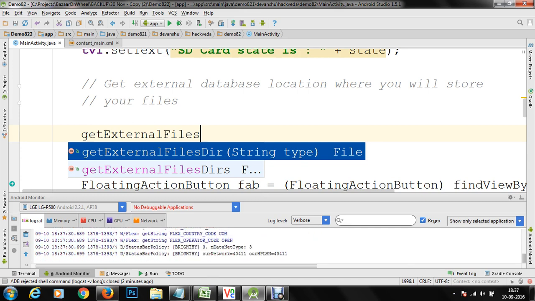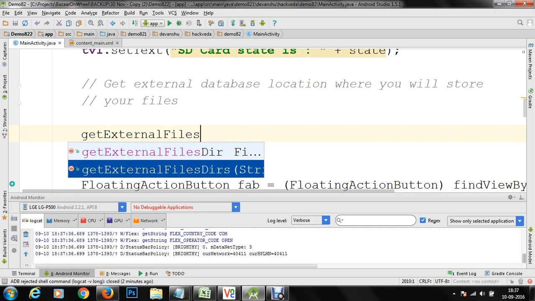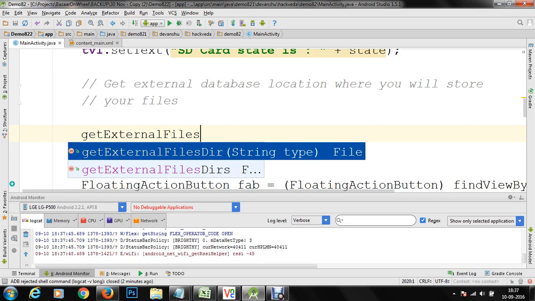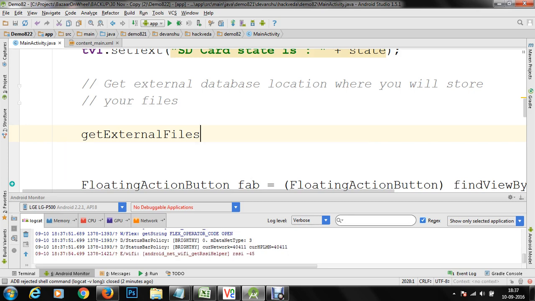In mobile devices with API level 19 or greater, you can execute the method getExternalFilesDirs, and this will return you an array of files, and this array will contain all primary and shared external locations within your mobile device.